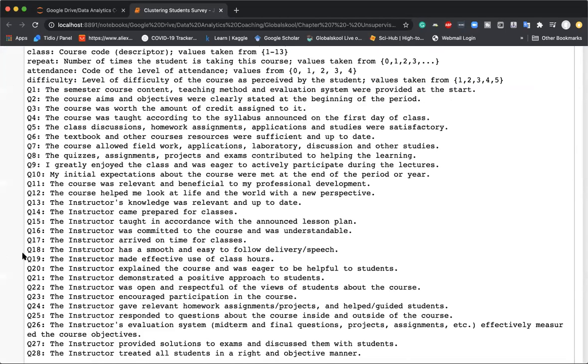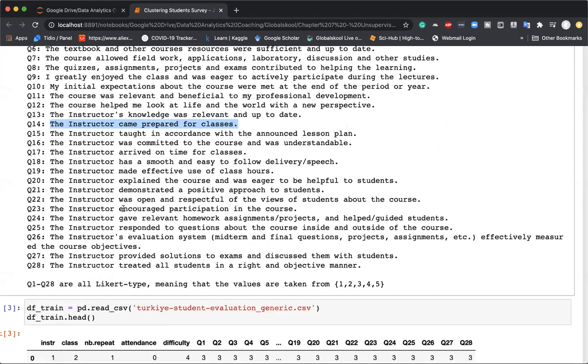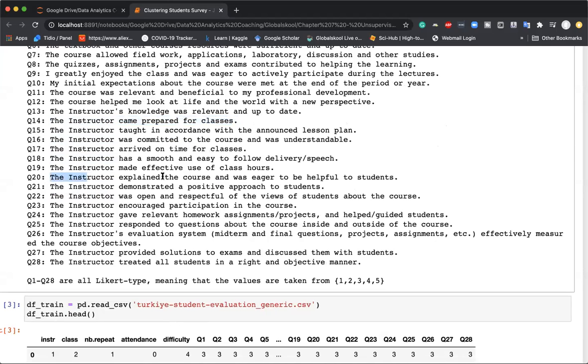Okay, let's look at another question. Maybe question 14: the instructor has come prepared to the classes or not. Question 20: the instructor explained the course and was eager to be helpful to students. So there are several questions that are asked for each course, for each instructor. And then we are trying to analyze the response of the students, and we are seeing what we can do